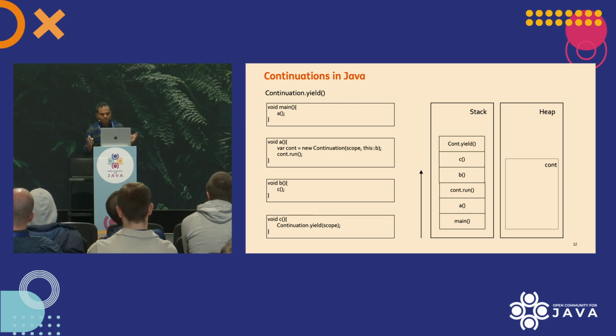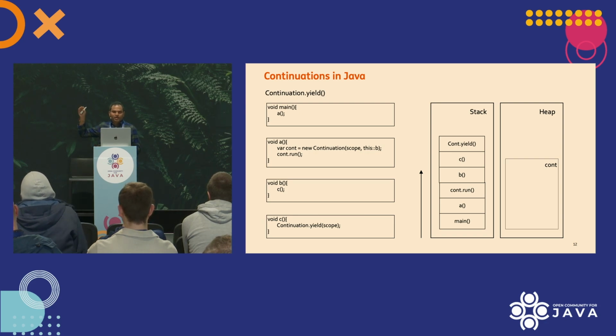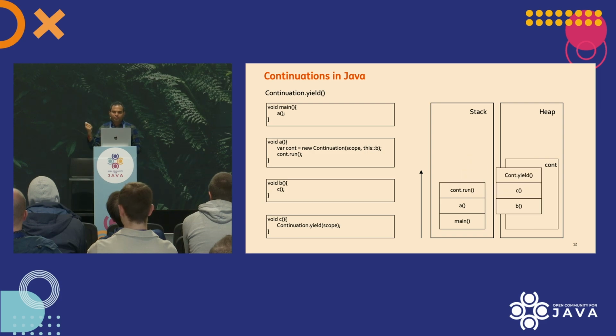Nothing fancy is happening until now. Everything is smooth, everything is what we can understand. But now this is the point where the control should get transferred to method A. How does that happen? Well, that happens by actually moving the stack frames from continuation.yield until B, moving these stack frames from the stack to the heap. In fact, moving them to the continuation object and saving them there.